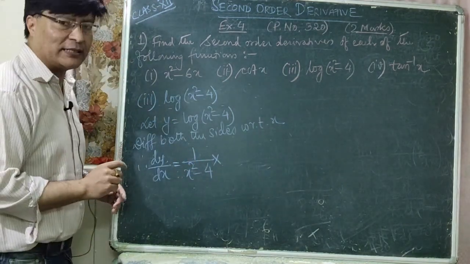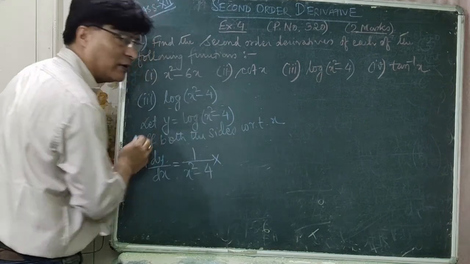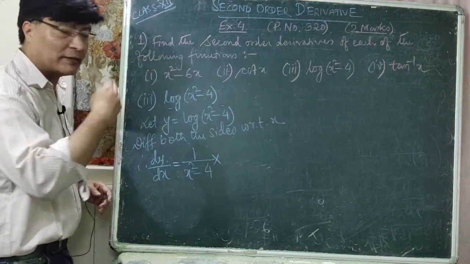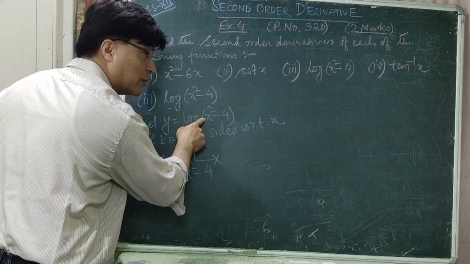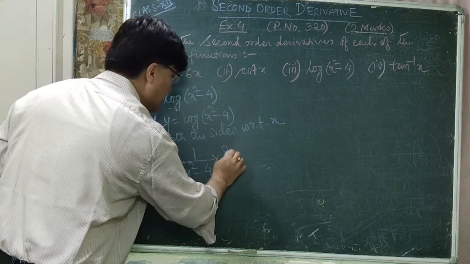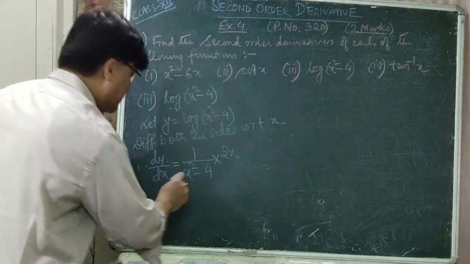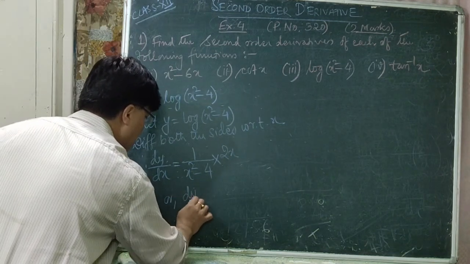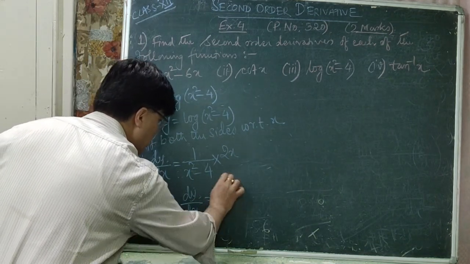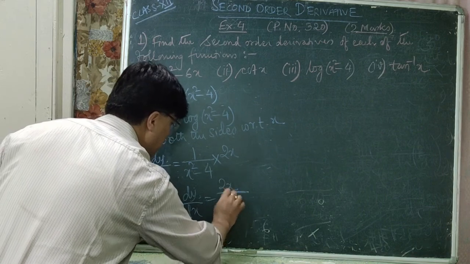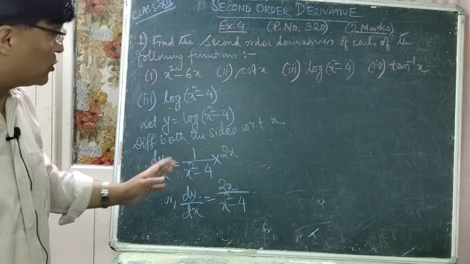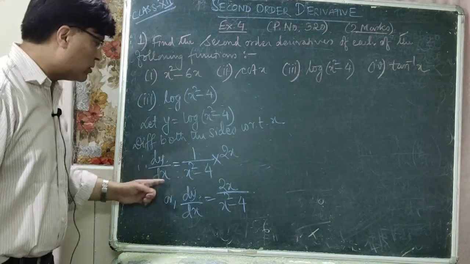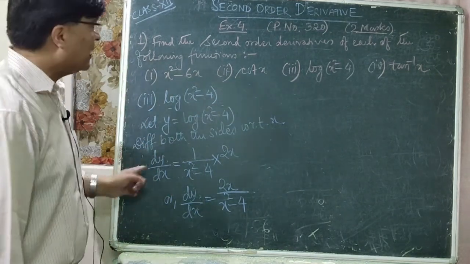which is assumed as x. The term we wrote as x, that is x square minus 4, we differentiate it again. How much is it? 2x, isn't it? This is x square, so 2x, minus 4 gives 0, so it is only 2x. Is that clear? So dy by dx is equal to 2x divided by x square minus 4. Is that clear to all of you? So this is your dy by dx. Again you have to find out